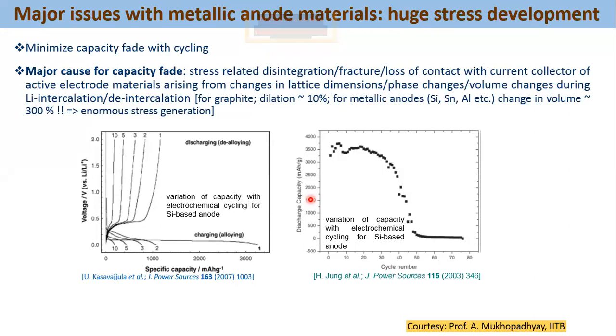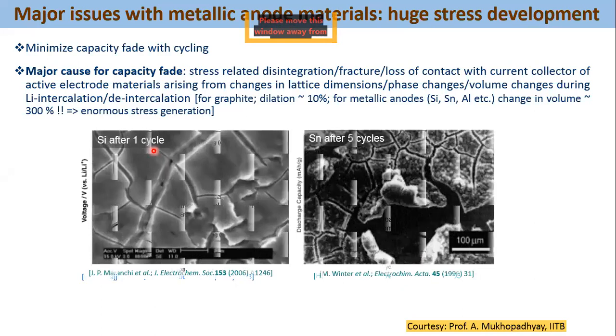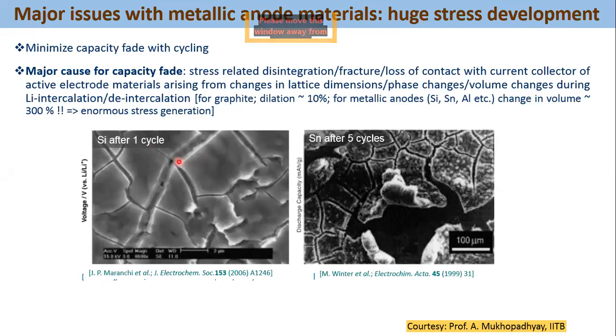Due to this increase in volume, various mechanical events will occur that are associated with the degradation of the electrodes. As I already told, if you look at silicon profiles, in a couple of cycles only, the performance of the electrode is decreasing. If you look at the morphology of a silicon film after just one cycle, you can see that a lot of severe cracks and delamination of the material is present. And this is the case of a tin-based alloying electrode.